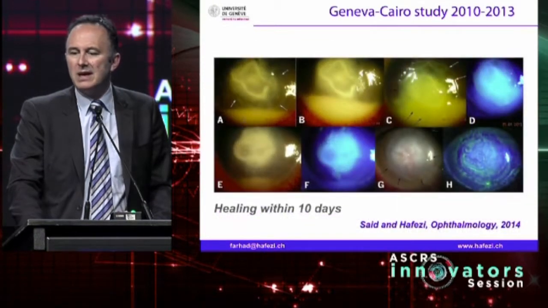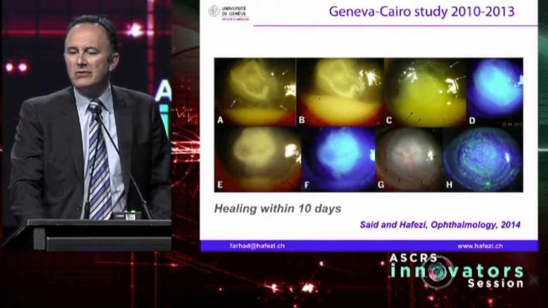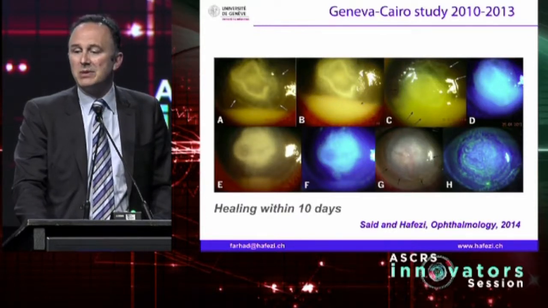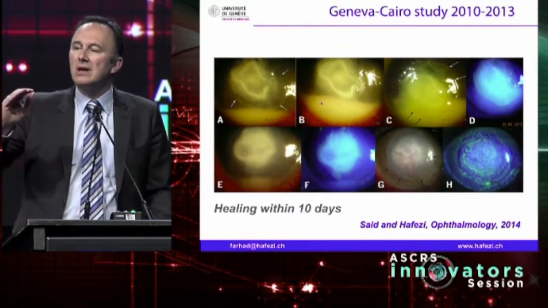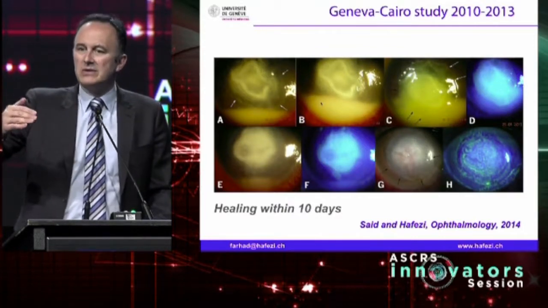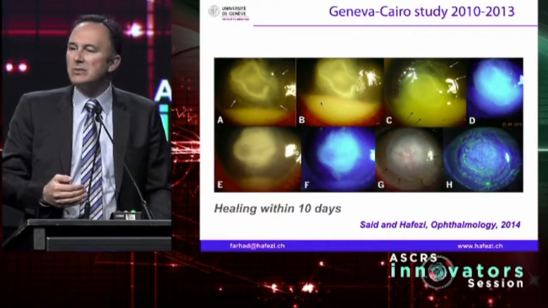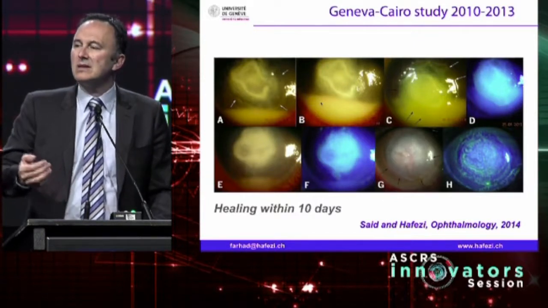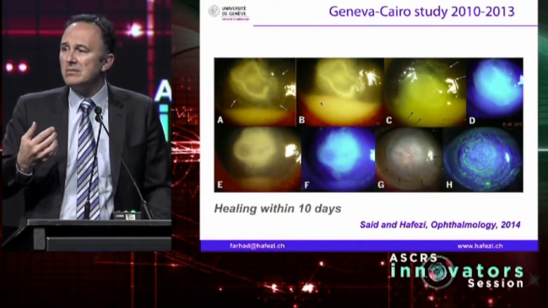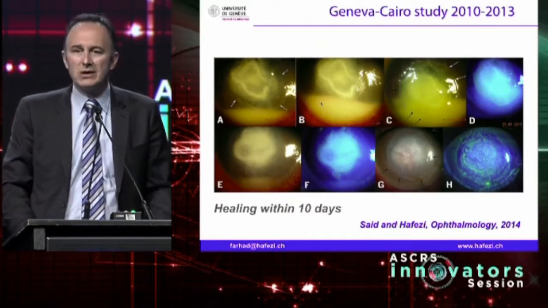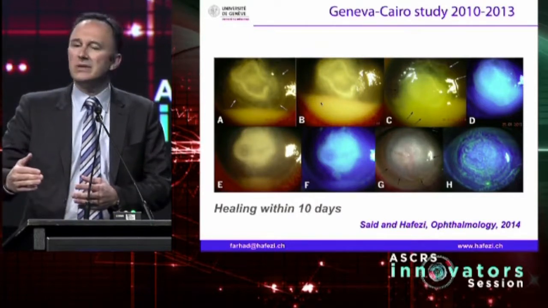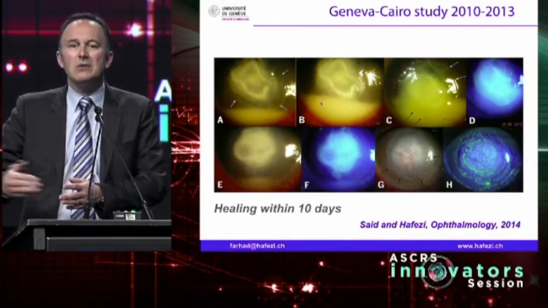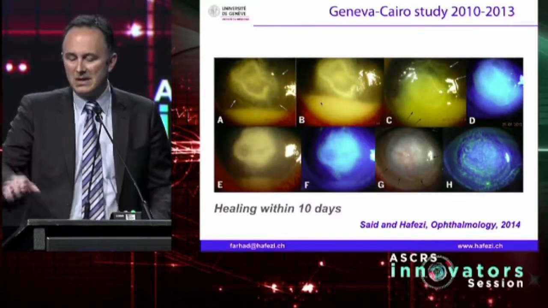Here's another case. As you can see, this is right before, and this is 1 day after cross-linking, PACK-CXL. You have an increased amount of dead bacteria and debris, so inflammation is higher 1 day after and then goes down. This is similar to what we see in internal medicine and the treatment of tuberculosis, for example, and it's called the Jarisch-Herxheimer reaction. You kill a lot of pathogen at the same time, but the next day you will have an increased inflammation, and then it calms down.